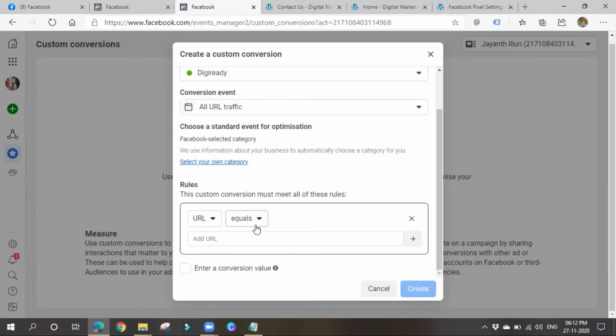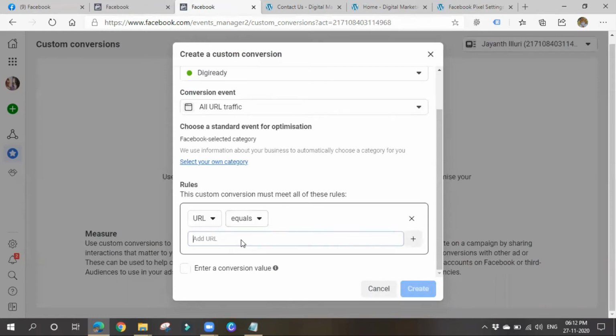As I said just now, people cannot go to the thank you page directly. They must perform some valuable action, then only can they move to the thank you page. If they buy some product, they can navigate to the thank you page, or if they sign up your form, they can be navigated to the thank you page. So having a thank you page is very important in order to track conversions.